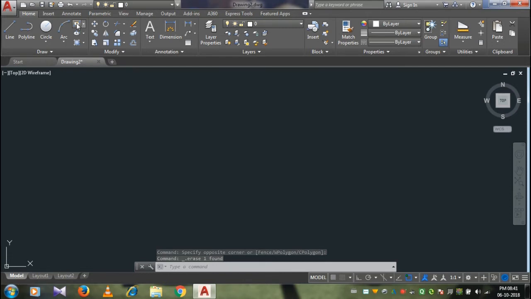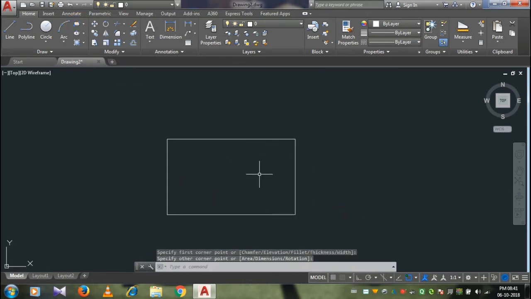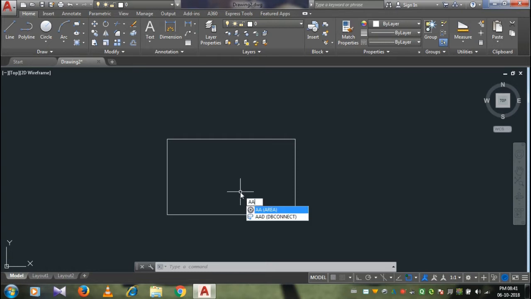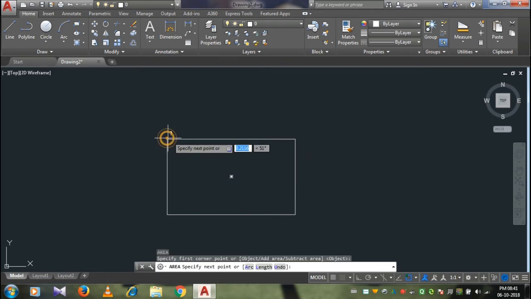Okay, now for example, take a rectangle and draw a rectangle of unknown size. Now you want to calculate the area of this rectangle. There are mainly two ways to go to the area command. The first one is to press AA in the command line, or type area and press enter. You will enter the area command. Now select all the 4 coordinates of the rectangle